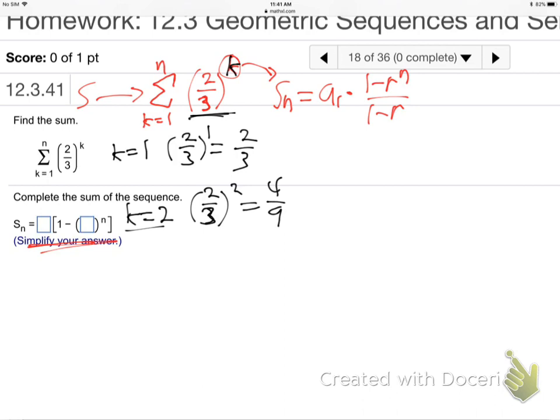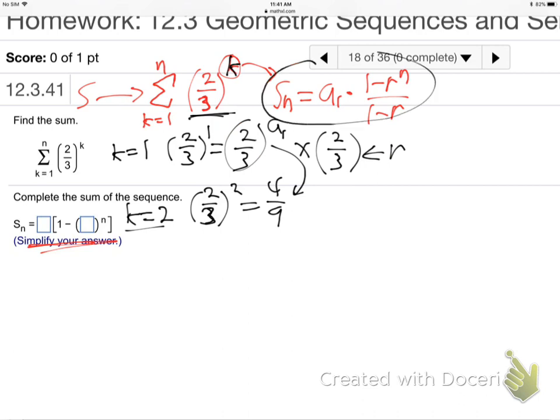Everybody good so far? So what's happening every time? 2/3 times what is going to make it into 4/9? Another 2/3, huh? Everybody see that? So the r is 2/3 and the A1 is also 2/3. They're both 2/3. Good so far? Am I going too quick? So then this formula here,